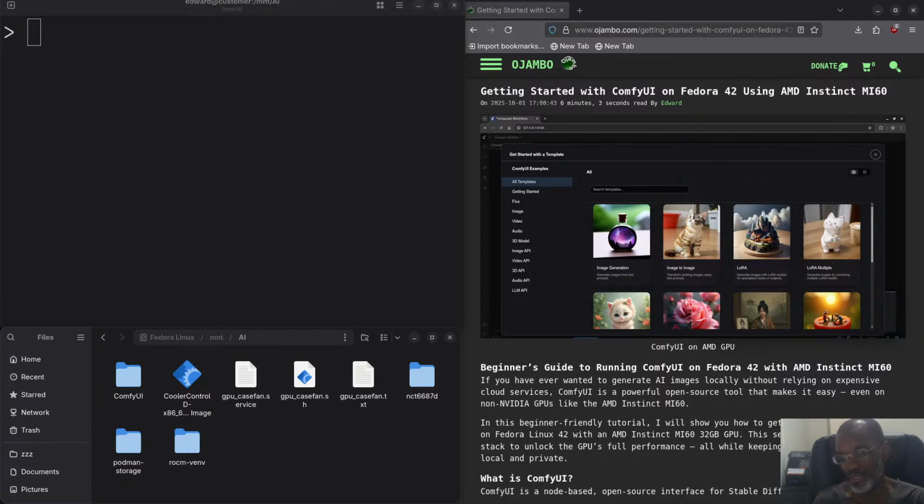Jumbo. In this tutorial, I'm going to show you how to get case fans working. There's a reason why I need to; obviously they're working. I need to control them on Linux because